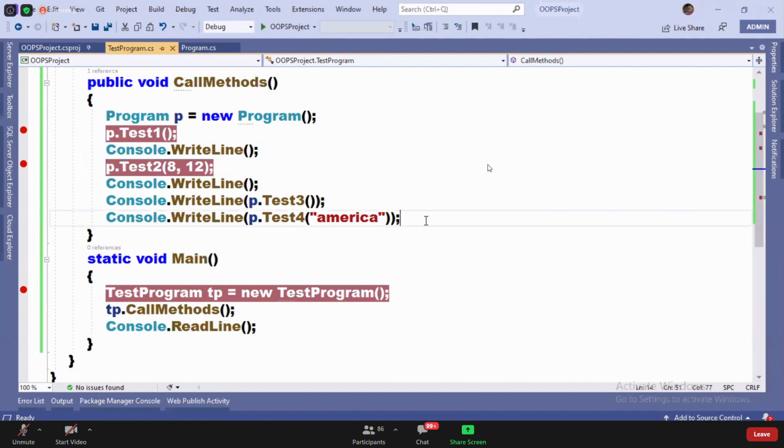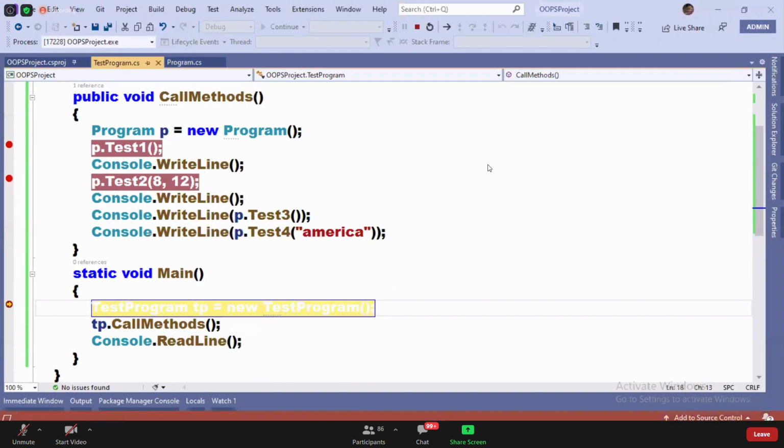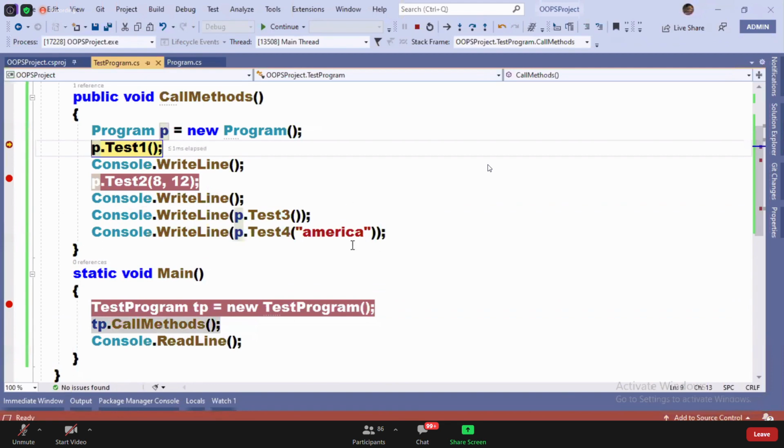I had multiple breakpoints. Yes, Raju. Multiple breakpoints. See, run the code. It stopped here. Again, if I press F5, it will come to next breakpoint.